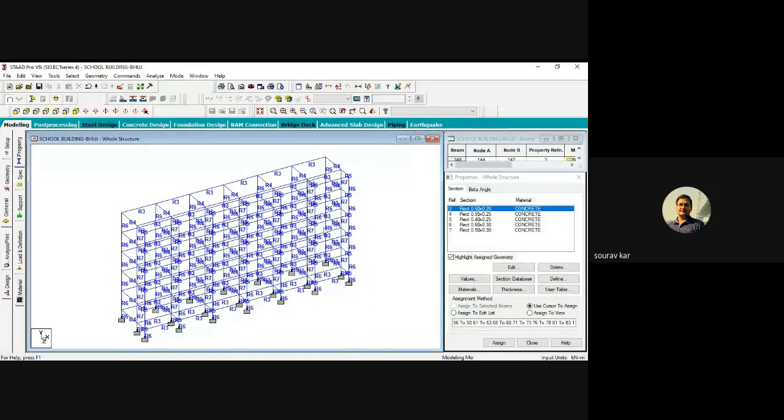So now, after giving these properties, we will provide the main thing, the change we make in the STAAD editor. I already showed you the last day, but I will repeat the same thing. Go to the STAAD editor.